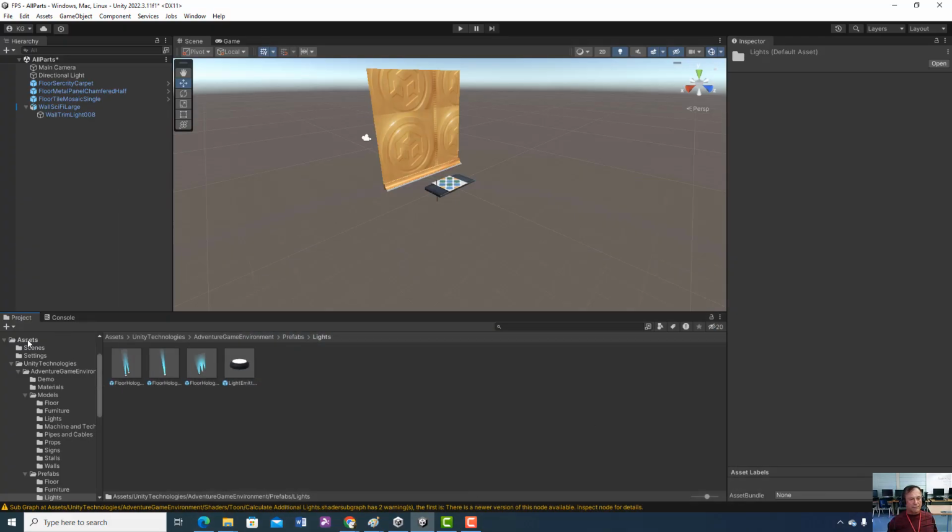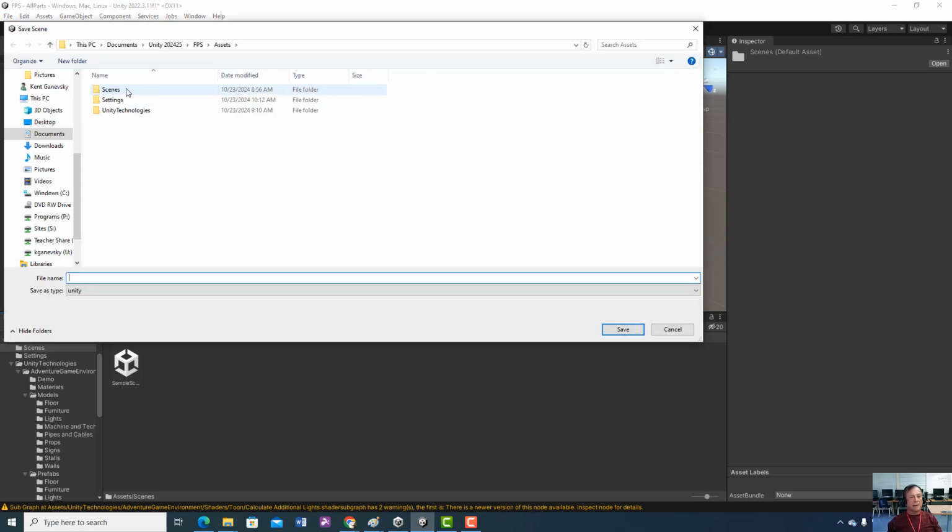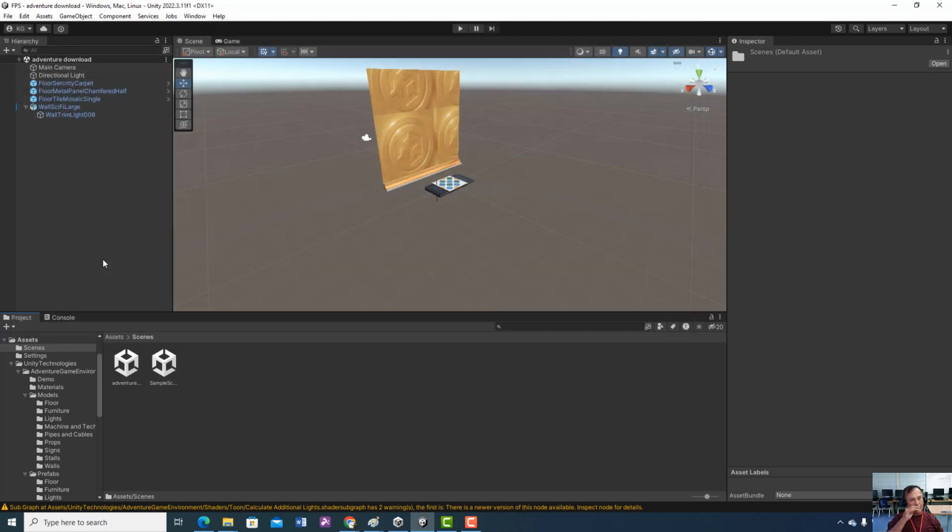I'm going to ask you what's the first thing you're going to do. Yeah, we're going to name a scene. So, File, Save As, Scenes, I'd say Adventure. I'm going to call mine Adventure Download. So I've just downloaded it, I'm going to fool around with it. So if you're going to get started with it,